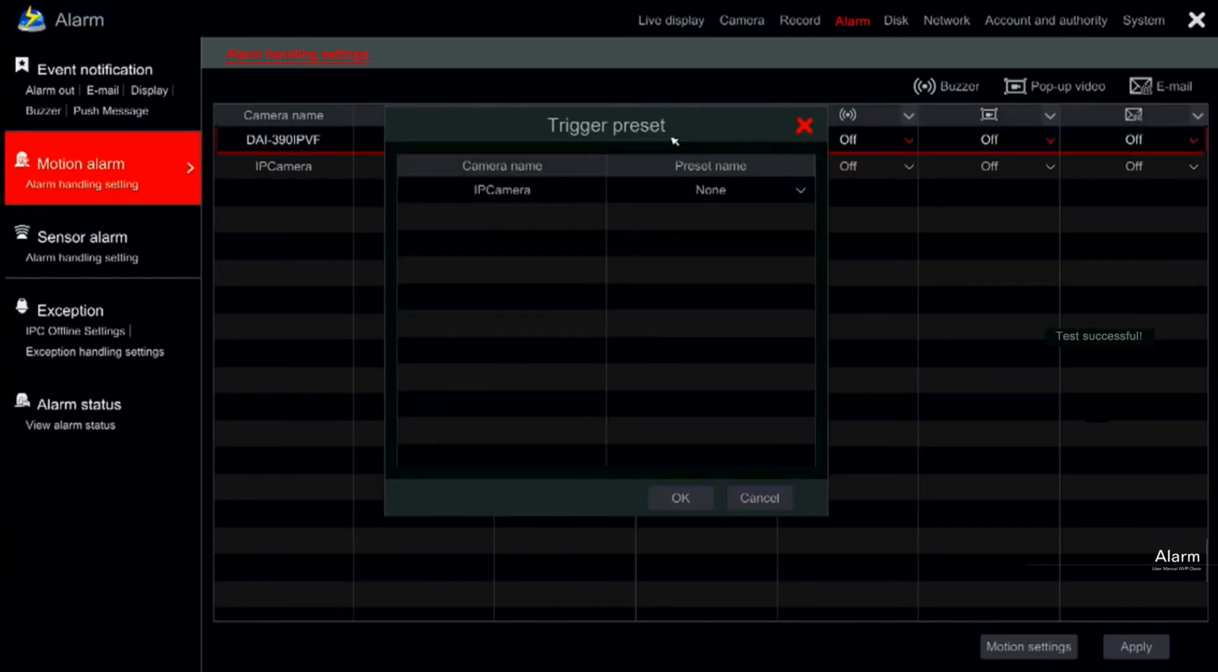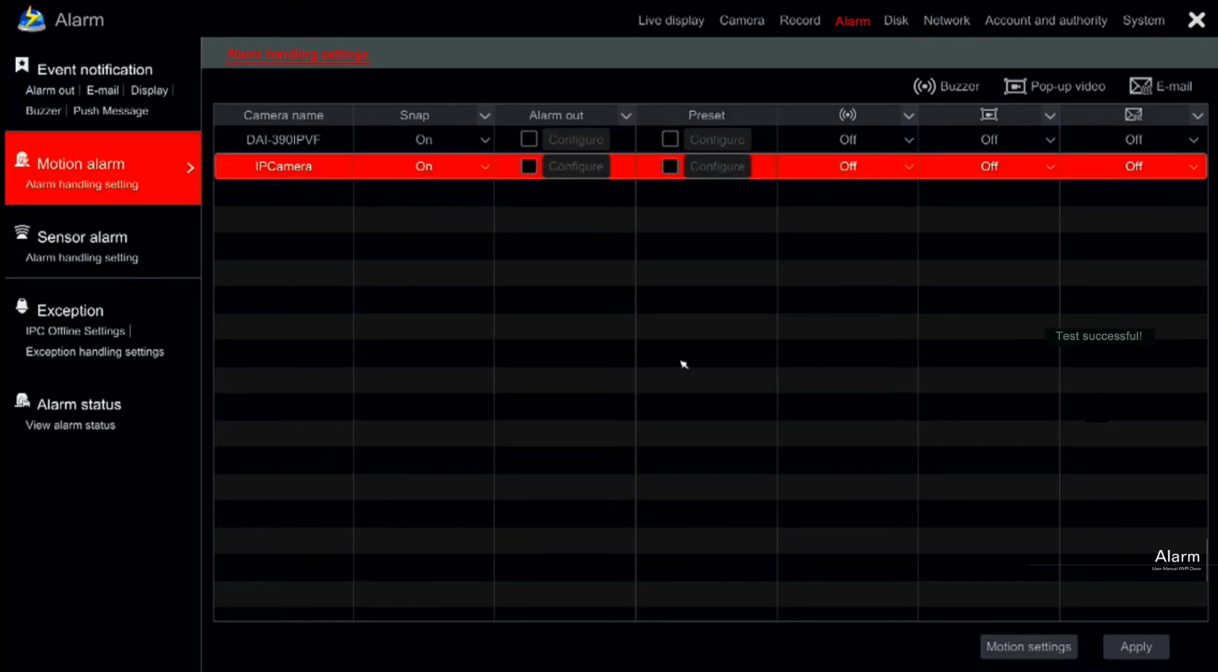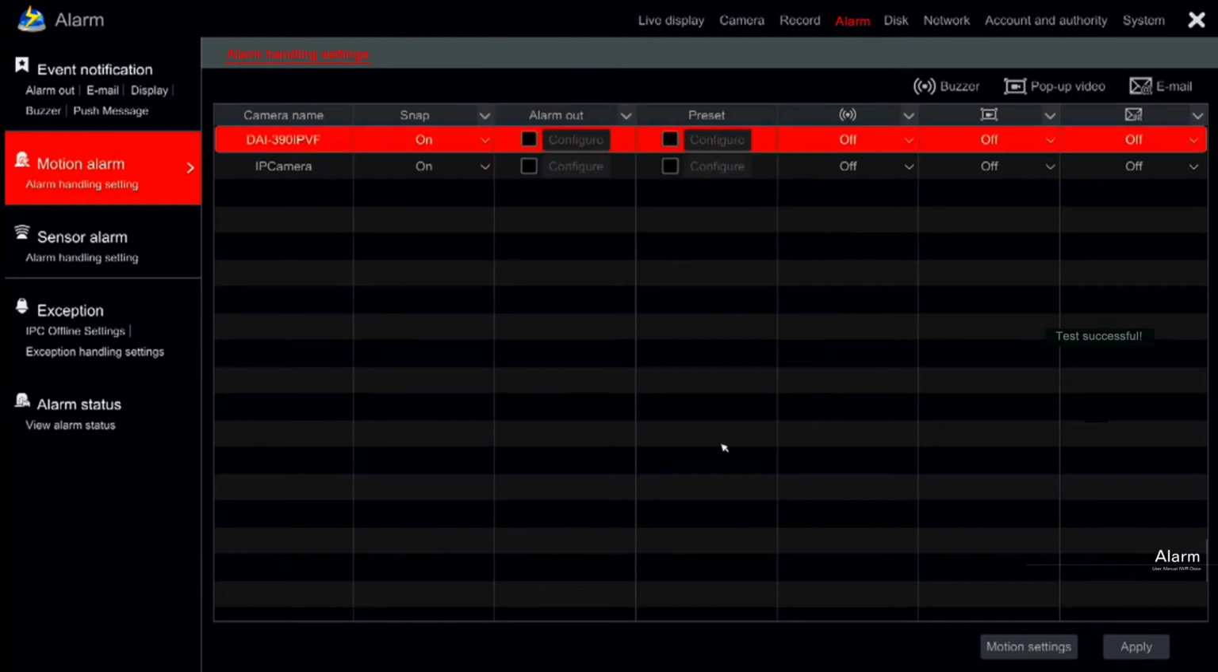Preset will send a PTZ camera to a specified location. After ticking it, a new configuration window will pop up. Choose which cameras will respond and by which preset. Note that you must configure the preset prior to performing this configuration. If you wish to change any of these settings later on, click on Configure and adjust the settings in the